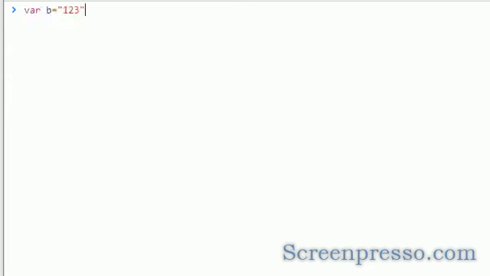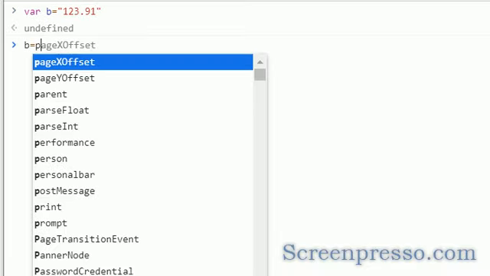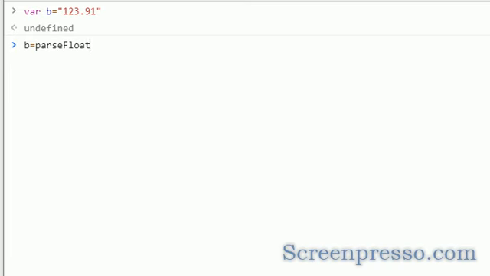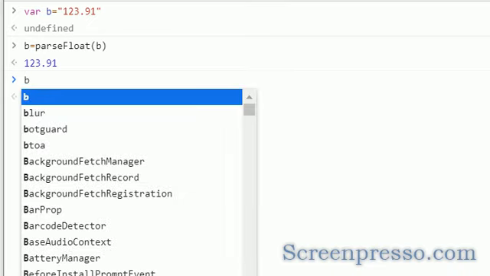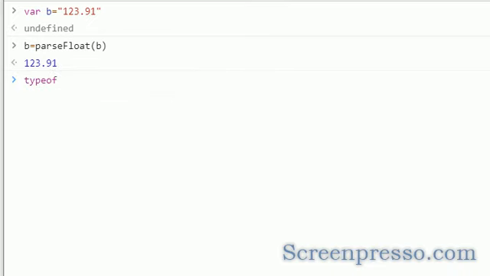Let me declare again 123.91. Again b equals parseFloat of b. Now if you check the type of b, it is number.